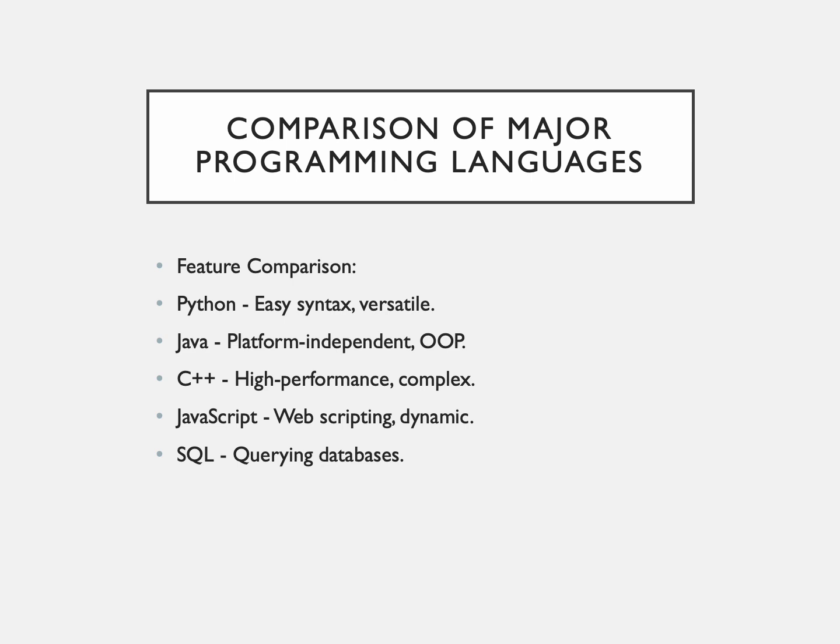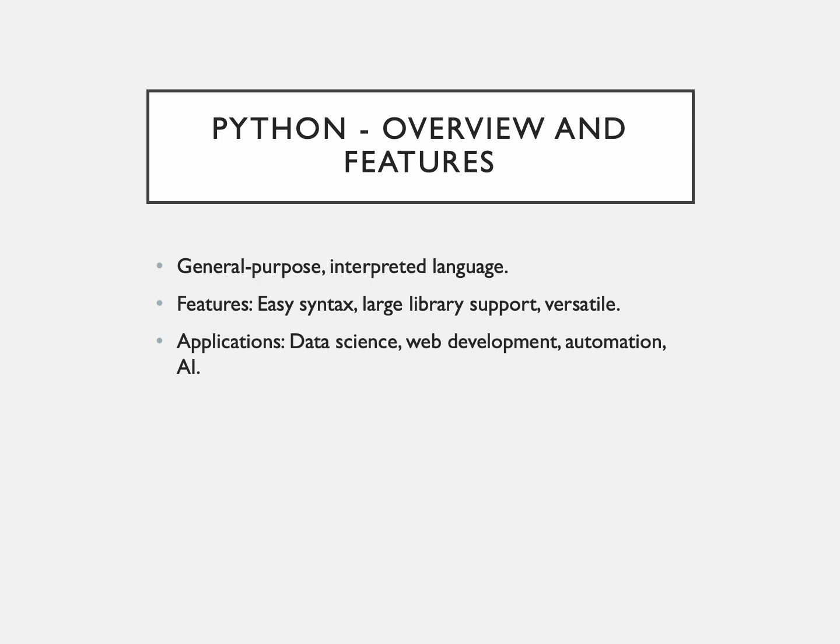So these programming languages represent a spectrum of capabilities, from Python's simplicity and versatility to C++'s raw power and efficiency. The choice of language often depends on the task at hand, whether it's building a website, developing a mobile app, or managing large data sets. So understanding these differences will help you make informed decisions in your project. Now we'll learn about each of the languages more.